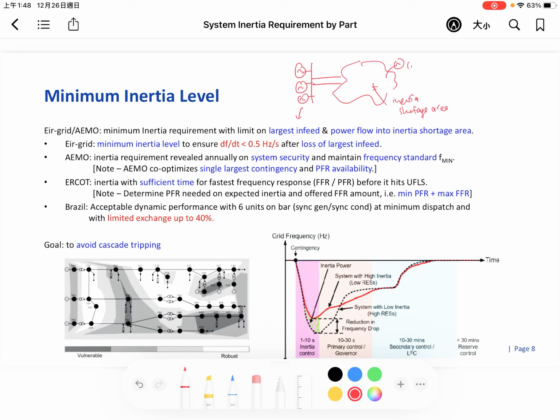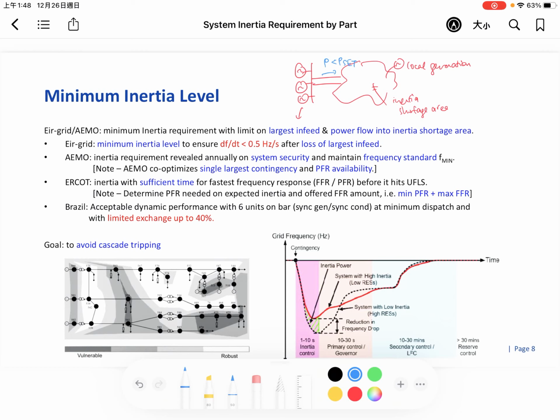It must provide some kind of local generation because the power flow is limited and the largest infeed must be limited,